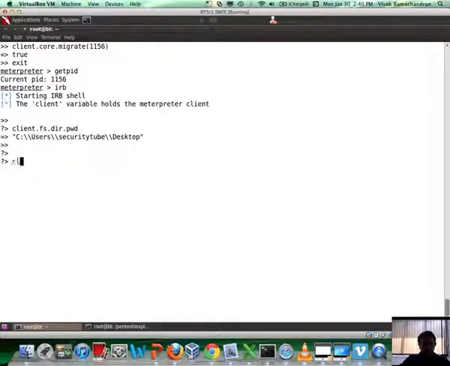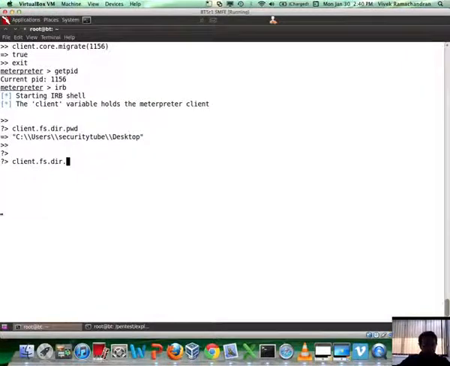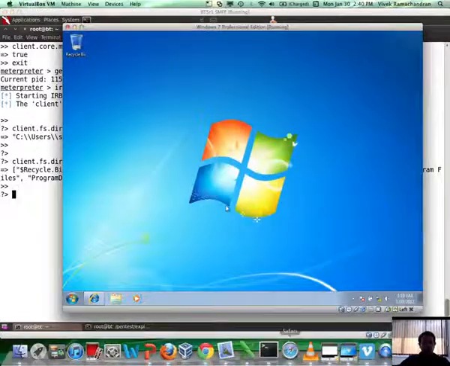So let's say client.fs.dir, and after that what we really have here is entries, right? And then we need to give a directory. So let's say I'm interested in C drive. And if you notice, it returns an array of the file names which you would see in C drive on the Windows 7 victim system,